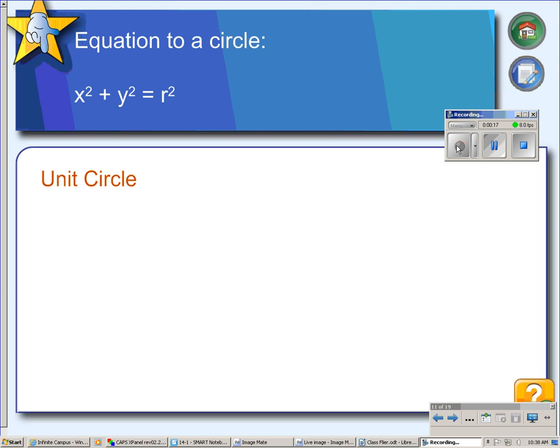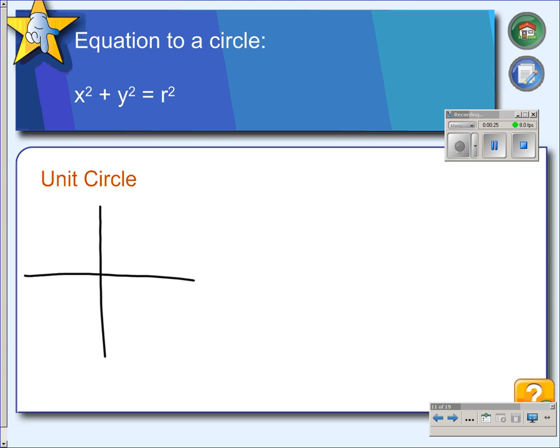Hopefully you remember from geometry that x squared plus y squared equals r squared is the equation of a circle. So if we use the unit circle and we pick a point on that circle, the coordinate of that point we know has cosine theta, sine theta as its coordinate, and we can determine, using the Pythagorean theorem,